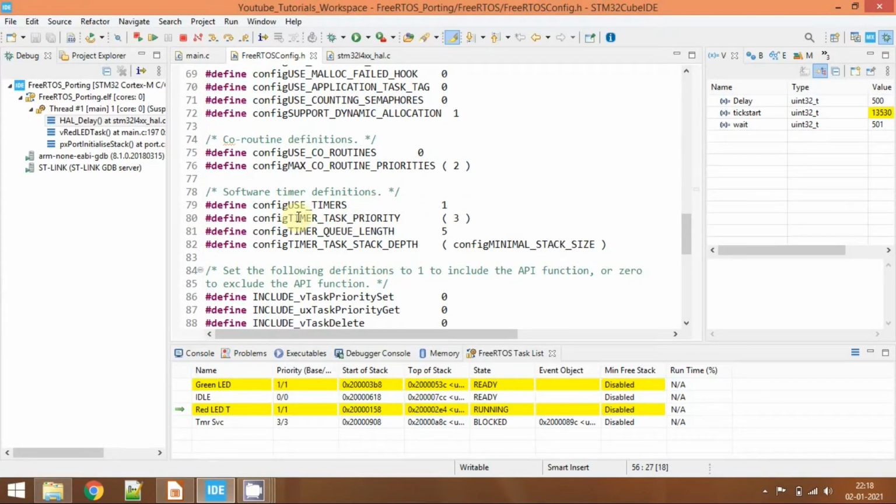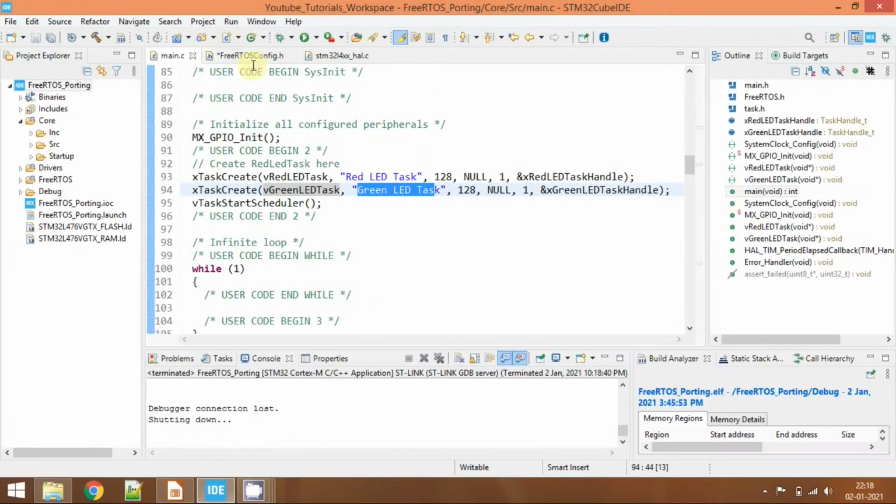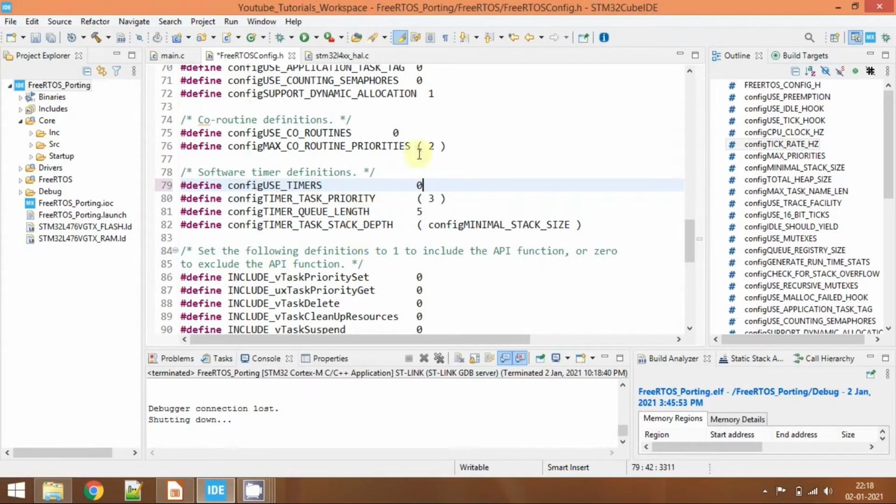Because we are not concentrating on the timers, I am going to disable this configuration macro. And the other one is the idle task, which by default will be created by FreeRTOS, and this task will be executed when no other task is running by the kernel. Then we go to FreeRTOSConfig.h, and of course we have disabled the timers.